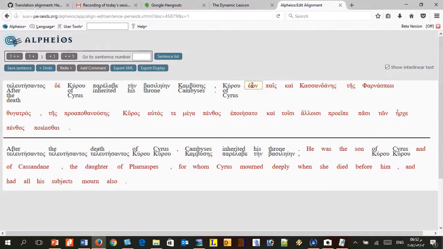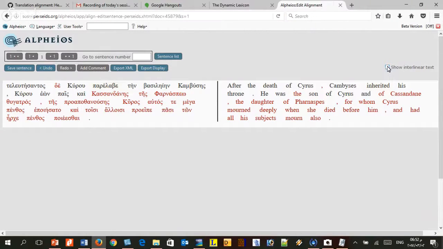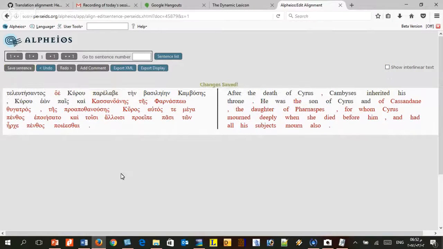Then the Ionic form of the participle of the verb to be, "he was," and then Pais, you could arrange it with "the son" or just with "son," one-to-one or one-to-many. I prefer to do it one-to-one. Pais is "son," and kai corresponds to "and." So you could do it either way, like this or like this, and again save your sentence.